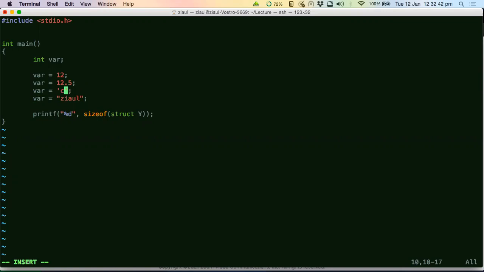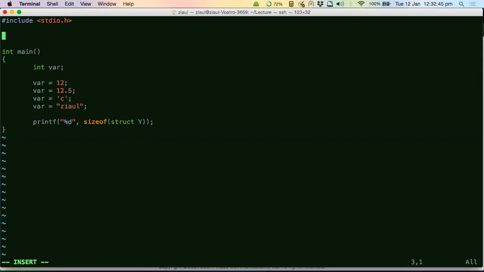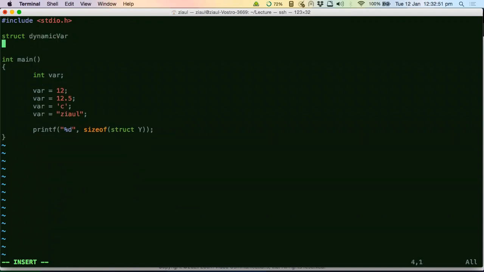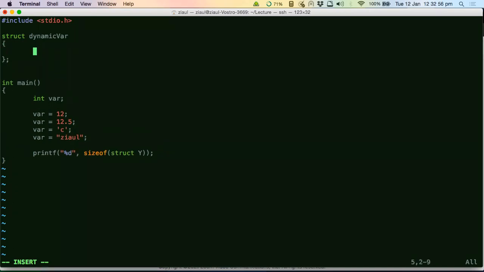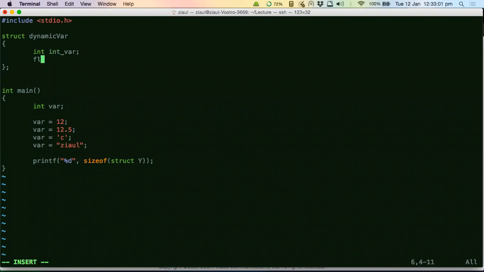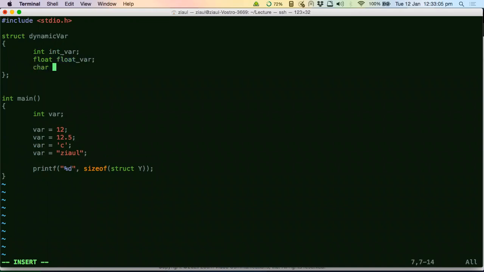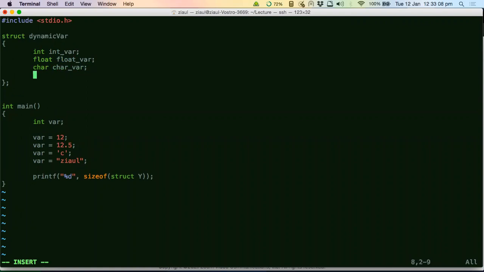So can structures help me in this case? Can I use this struct?